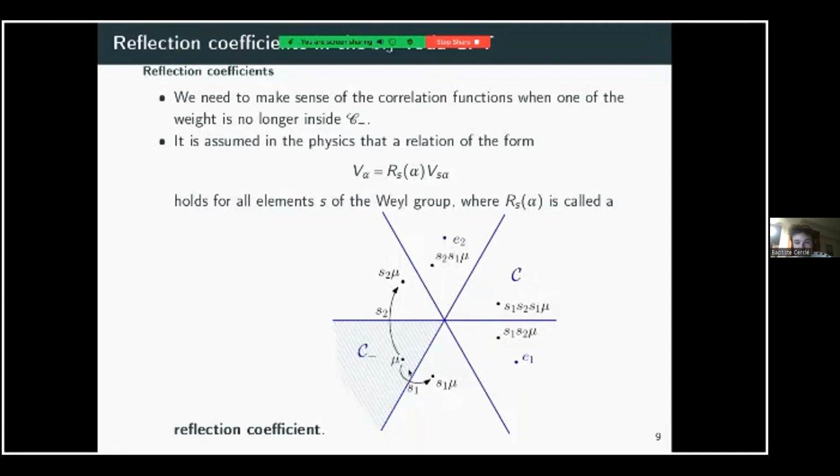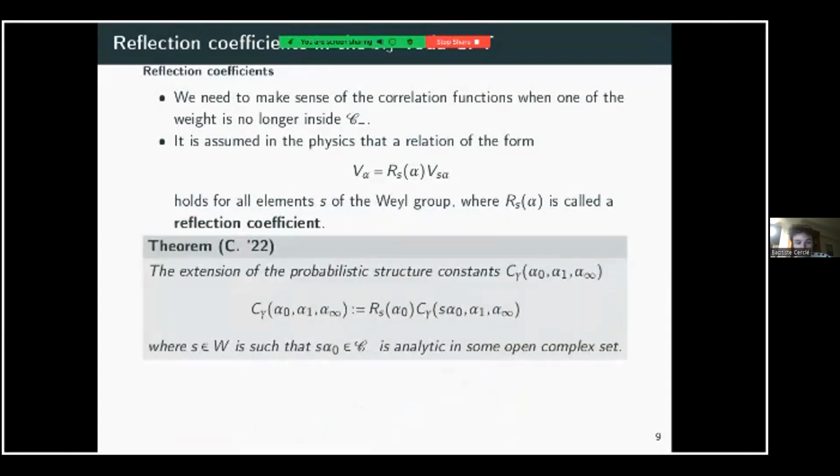So if you want to define the correlation functions outside of the probabilistic region, what you simply have to do is use an element of the Weyl group to send your weight inside the probabilistic region, define the correlation function there, and then multiply it by the reflection coefficient. Of course, it's purely formal, but nonetheless, it is possible to prove that if you do so,